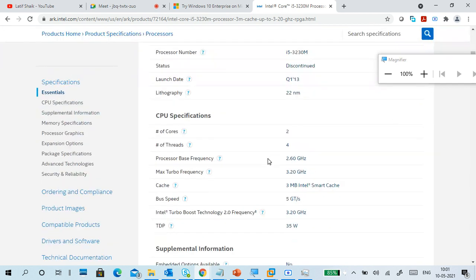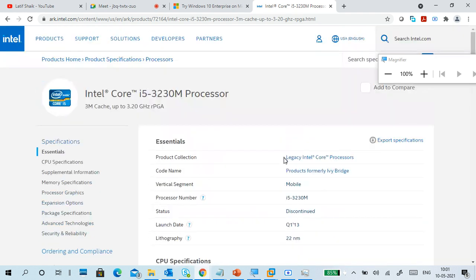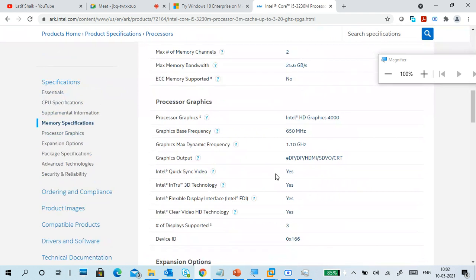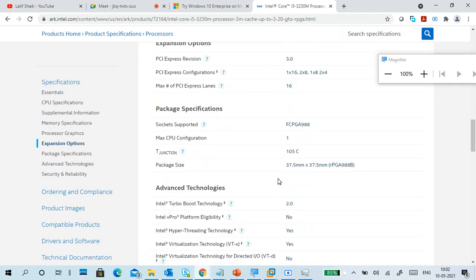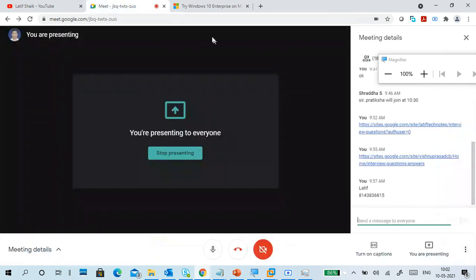Next, your RAM capacity must be more than 4 GB, not just 4 GB. Actually, you should have a minimum of 8 GB, which is better. If you have 4 GB, we have to adjust accordingly. Be careful that the processor model and generation may also impact your system performance. If you have any other issues, please tell me and I will try to help you. This is how we can check it.